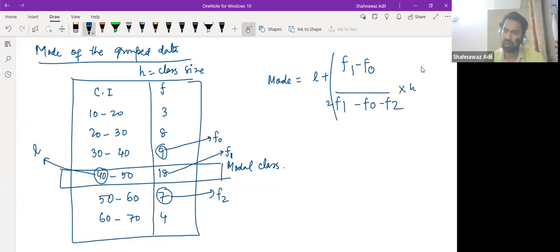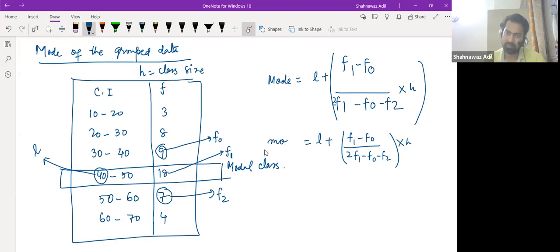So this is how you calculate this. Okay, so this mode would be L plus F1 minus F0 over 2F1 minus F0 minus F2, into H. So this is the mode of the data,